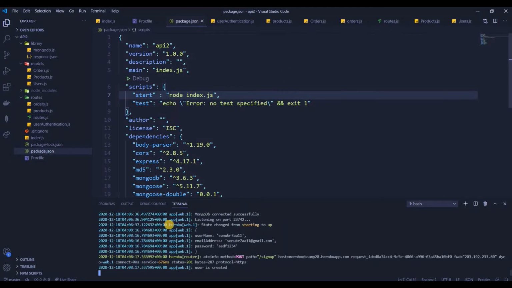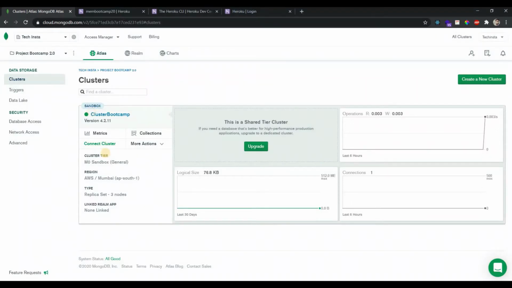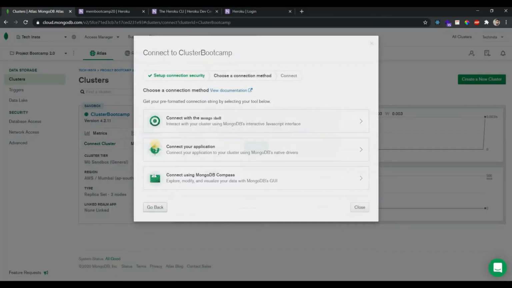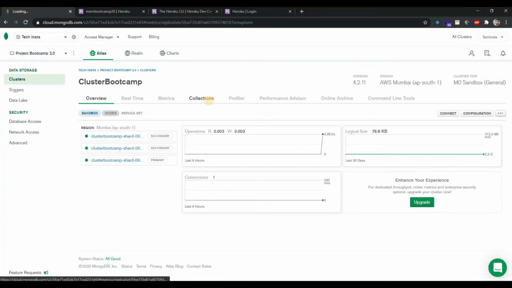Okay. So now this is one process. We'll cross verify whether our data went in or not. So let's pause and let me open up Compass for you. Instead of having Compass, we can check here as well, right? Let's click here on our cluster bootcamp and let's see in collections.